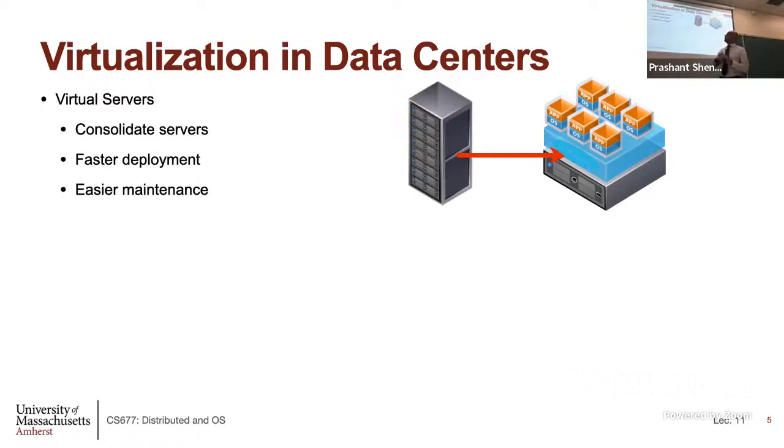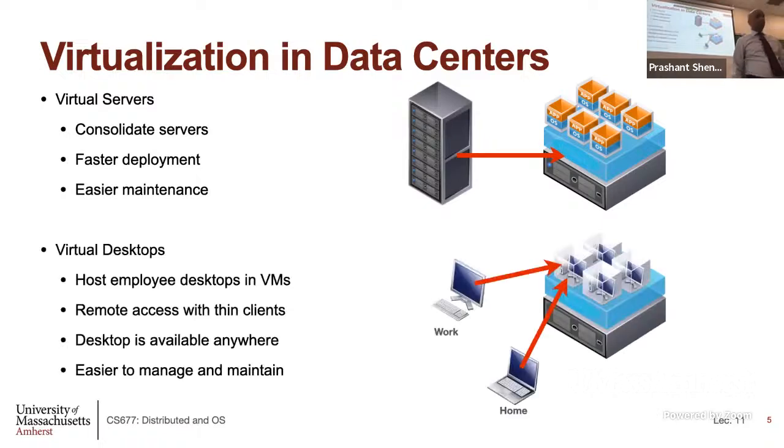Clearly, when you have virtual machines, you can do faster deployment, because you can deploy a virtual machine image. You can bring it up very quickly without having to do all of the work of doing this on a physical server. And there are reasons to think about maintenance being easier and so on, because you can move the VM. If the hardware on the physical server breaks, you can move the VM and repair the server. The virtual machine and the application run on a new server somewhere else. So those are some advantages, but let's look at some more use cases.